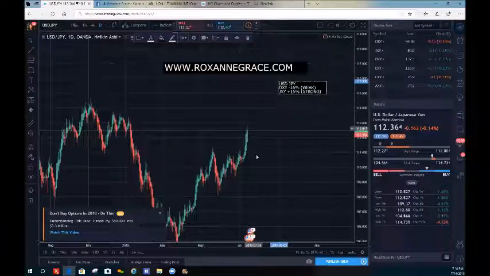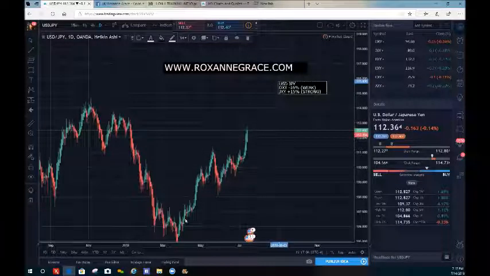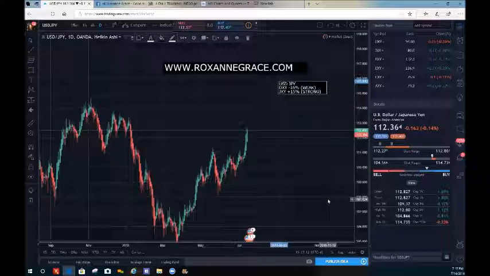Now, if you notice, nothing's moving on this chart. Nothing is moving because it is the weekend and the Forex market is closed. That is when you want to do all your chart setups, because it's easier. You're not worrying about marking your highs and your lows and then something moves on you. So going forward,